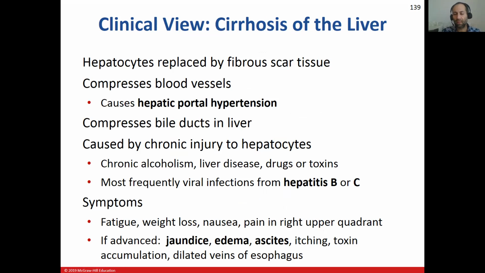So next up, you're looking at something called cirrhosis of the liver. Cirrhosis means that your liver has shriveled up into a small fibrous nodular organ, and it's basically useless at this point. So some major causes of cirrhosis of the liver: chronic alcoholism, right? Also infectious hepatitis, especially hepatitis B and C. Chronic infections with those two viral entities can lead to cirrhosis of the liver as well, where it shrivels up